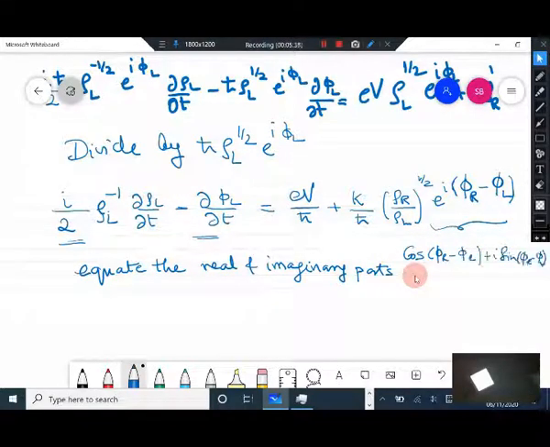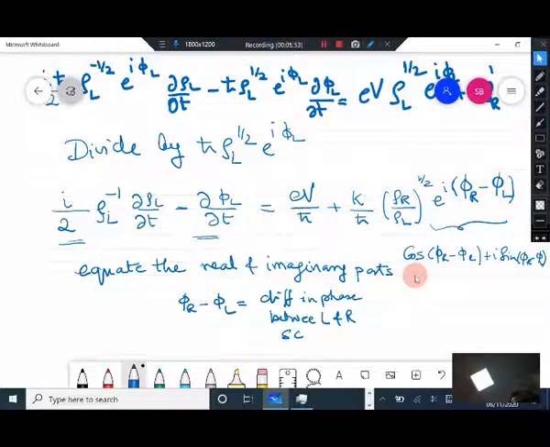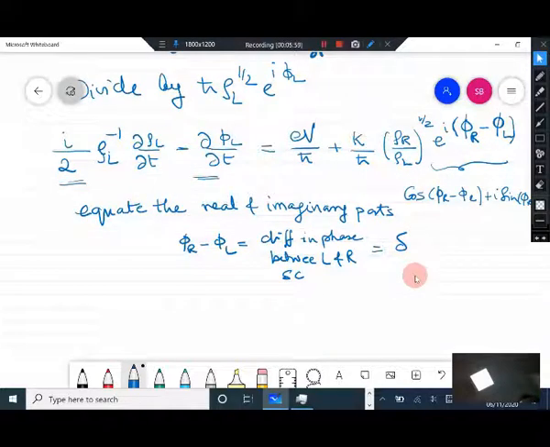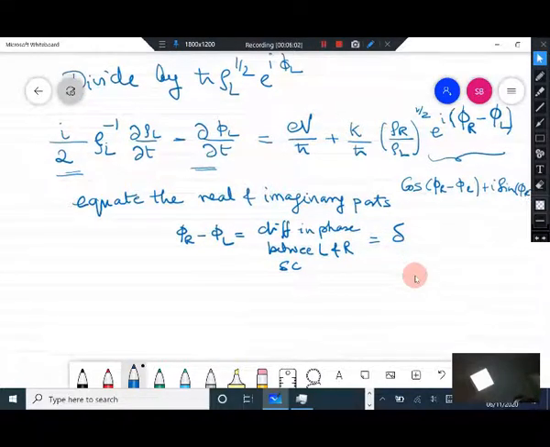Once you do that, phi R minus phi L, which is the difference in phase between the L and R superconductors, namely the left and right superconductors, we write as delta. This is the difference in phase between the left and right superconductors. So once you equate the left and right parts, you will get